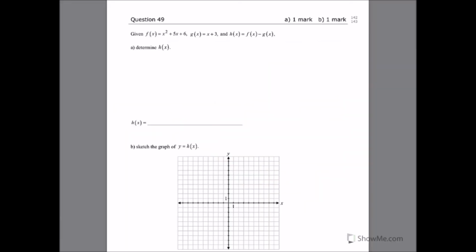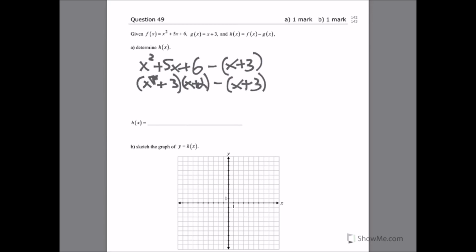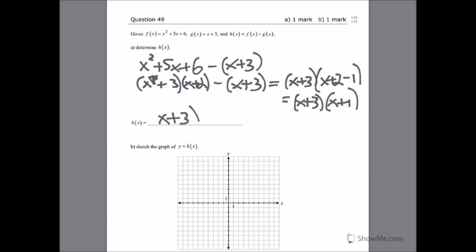Question 49. Two functions, determine h of x when we subtract the functions. So subtracting x squared plus 5x plus 6 minus x plus 3. X squared plus 5x plus 6, we should notice right away that that can factor into x plus 3, x plus 2, minus x plus 3. So we can see there's a common factor here of an x plus 3. Take that out and you've got x plus 2 minus 1. So this is just x plus 3, x plus 1. That'll be a really nice way to leave it so that we can graph it,